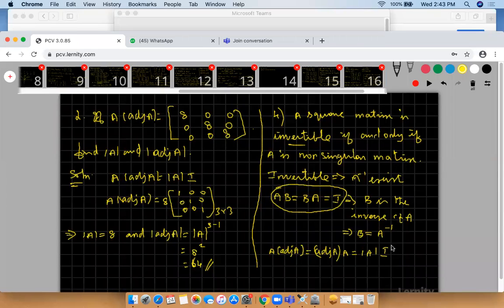Here I have identity. Here I have identity. I need only identity. Additionally, some determinant of A is there. So therefore, you divide that determinant of A on all the sides. Here also divide by determinant of A. It will become 1. That is our aim. We need only identity here.